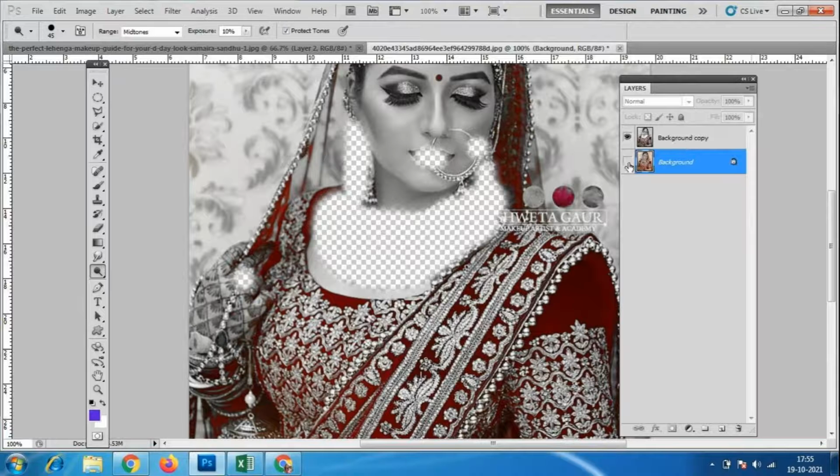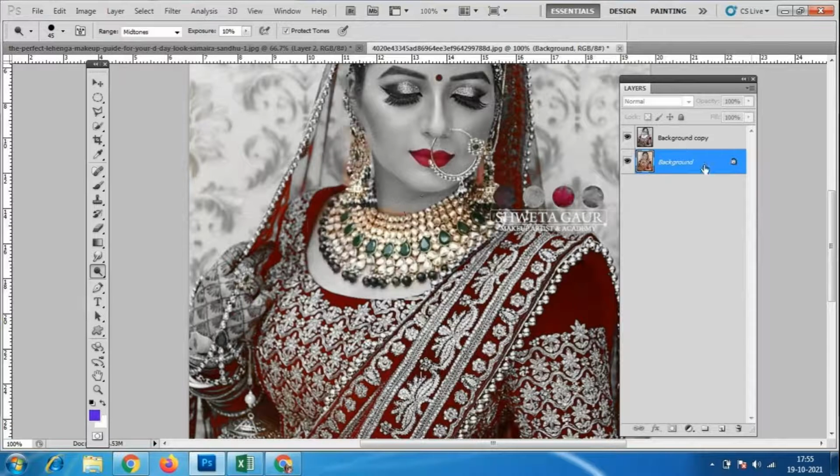If I want to make any changes like this, I have to go to this background layer. There I had given exposure 10%, I'll just give 25%, however much I want.